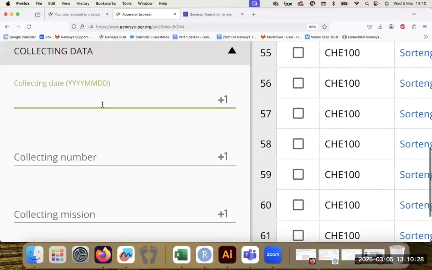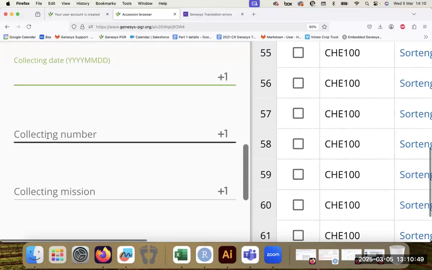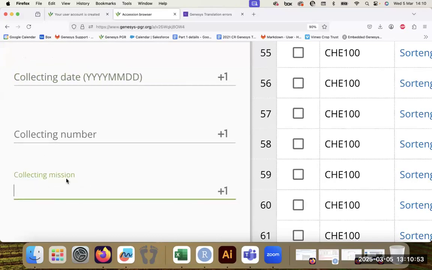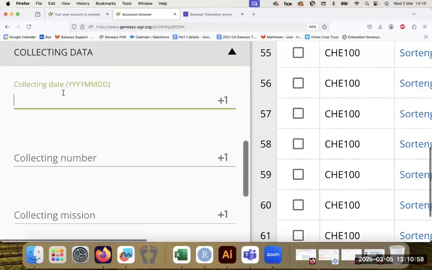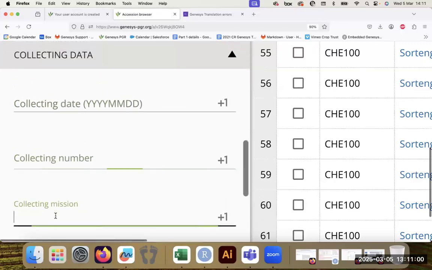We arrive here to another filter category, which is also a date, a specific date in this case, not a minimum and a maximum. And this is the collecting date. So it's the date from when the accession was first collected from the site, from the field during a collecting mission. And there are here some filter categories related to this collecting data: the collecting number assigned to the accession during this mission, the number of the collecting mission or its name, and the date. So you will see here that these two are text,